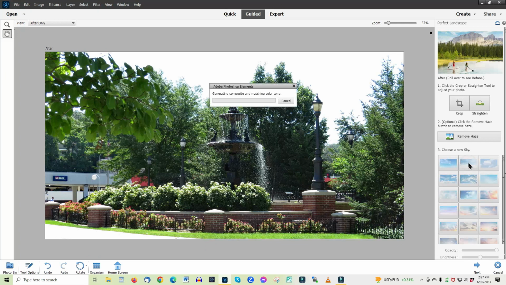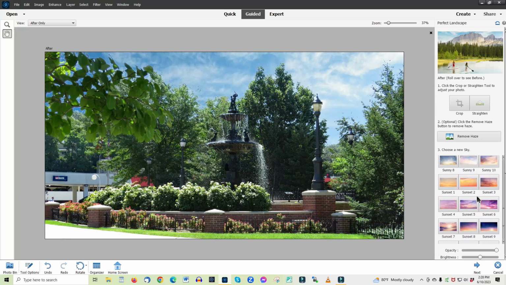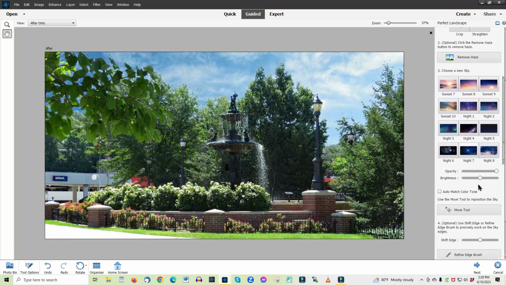Once I click on it, Photoshop Elements goes to work doing everything in the background, and it's masking and doing everything necessary to place that sky behind all these trees. That's normally quite a job when you're selecting. Almost next to impossible, a difficult one to do manually. So this has done it pretty much automatically. Next, we can move on down to the next option from the skies, which is opacity, which makes the